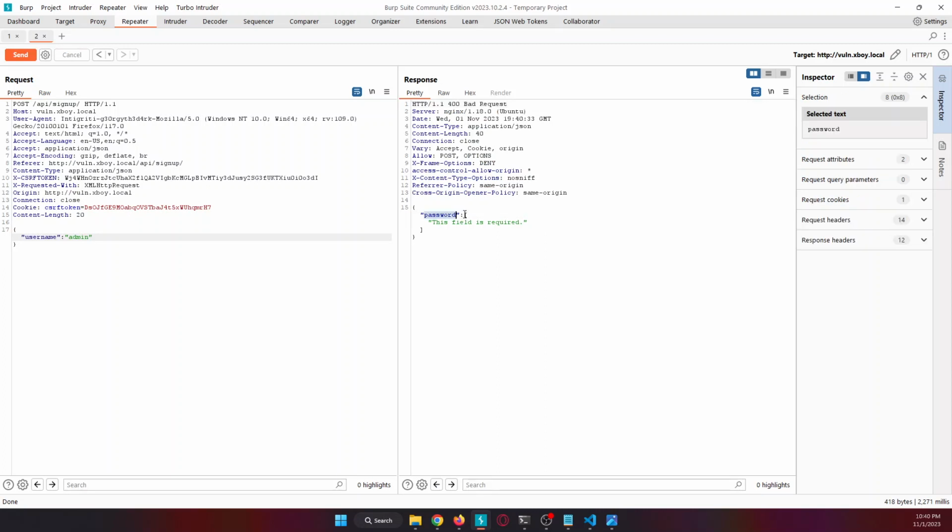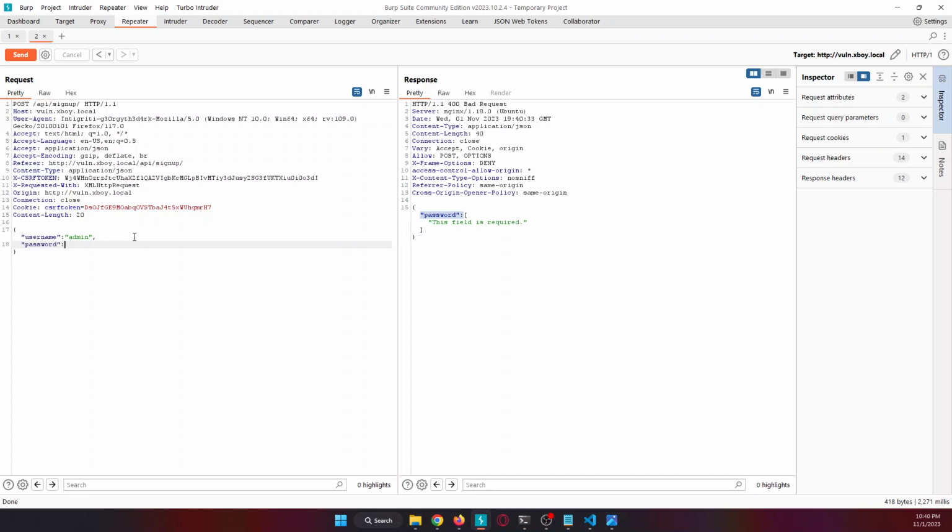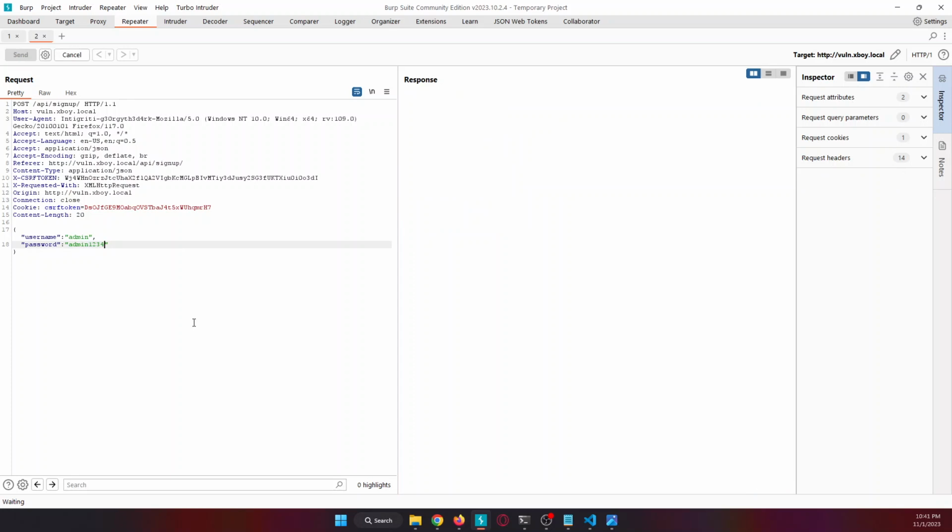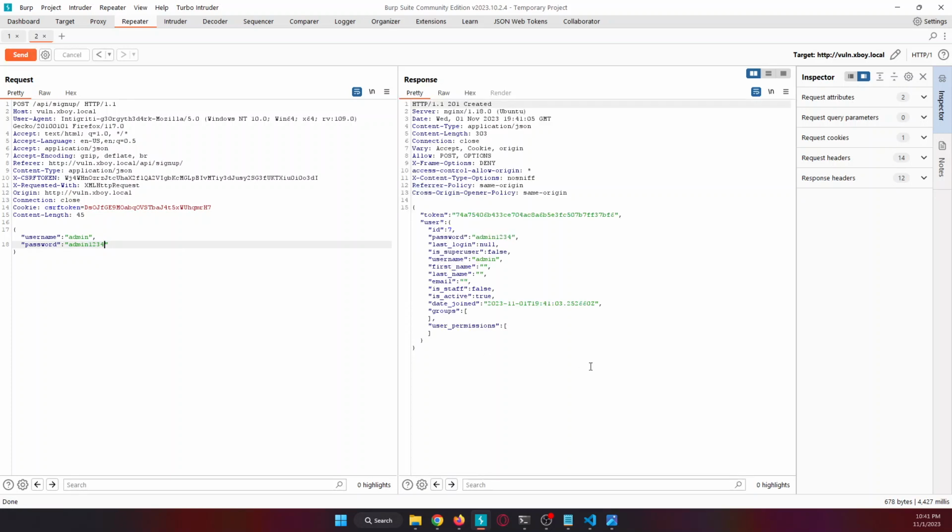These errors are usually very helpful if you're working on a project and they have enabled such errors. These are helpful because you don't have to guess around what you need to do. So the next thing I did was I added a dummy password and sent the request, and waited, and then it returned a token, but also